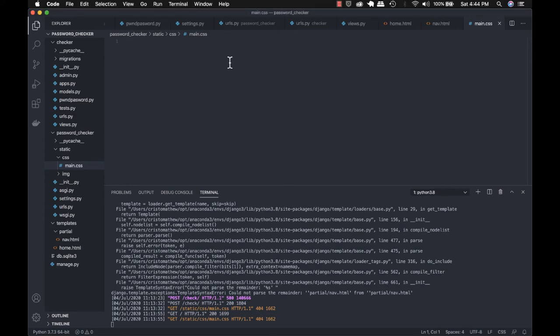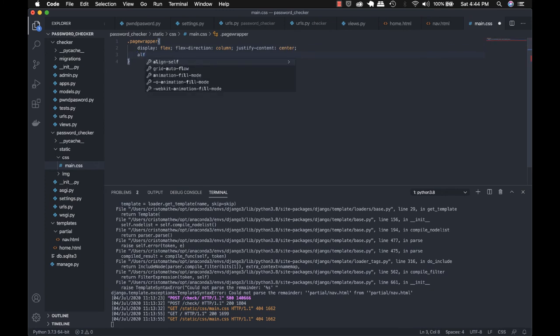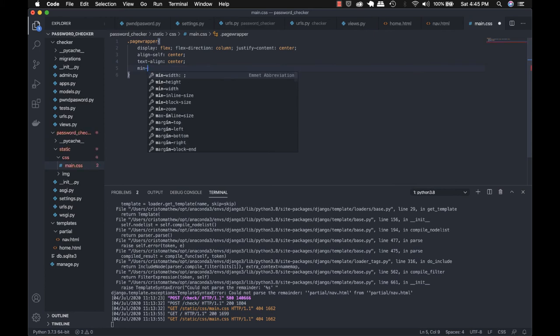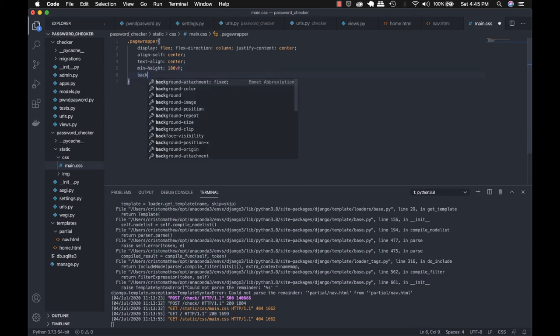So for page wrapper, we'll give our display a flex. The flex direction would be a column, and for content it should be center, align self center, and text align also at center, and min height we give it as 100 vh, 100 vh, and for background image